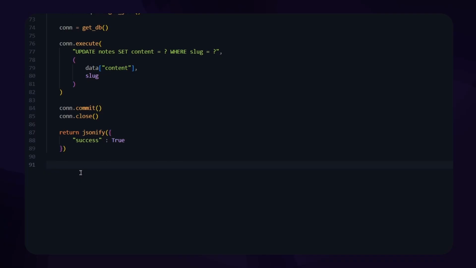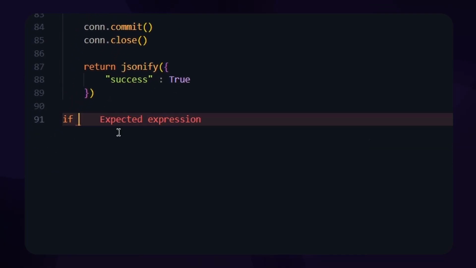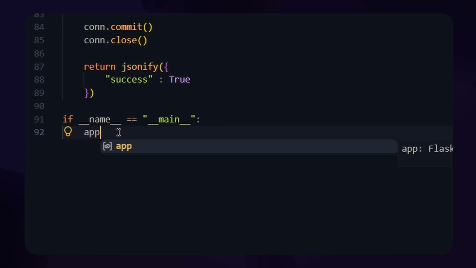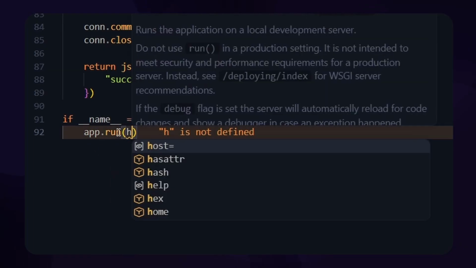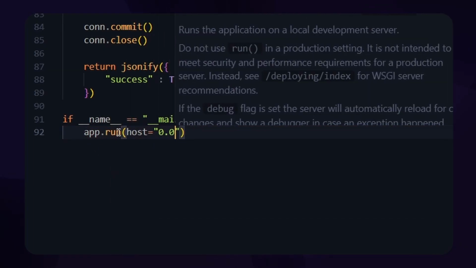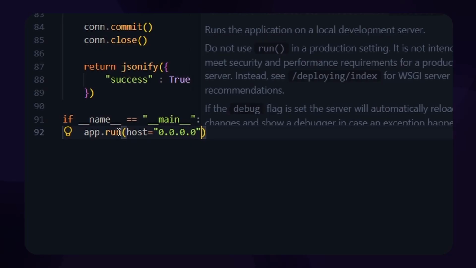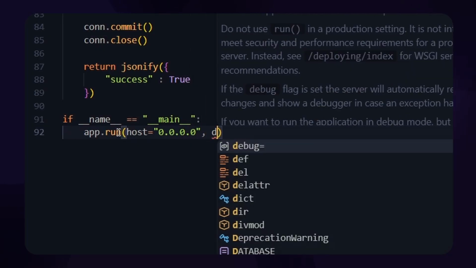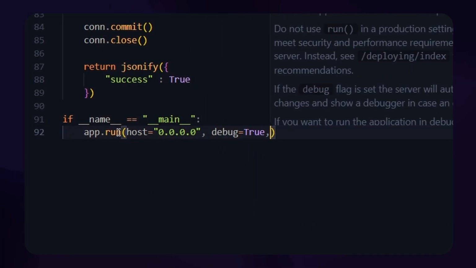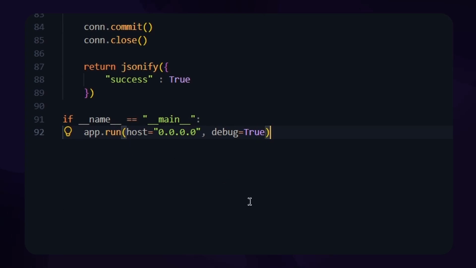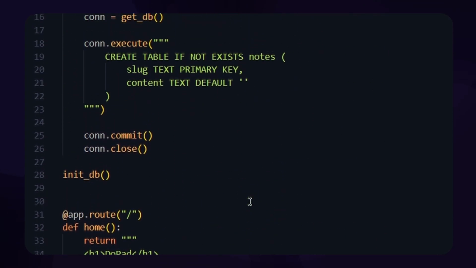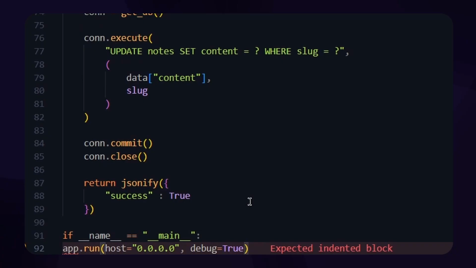Now we just need to run the app, so let me quickly run it. I'm going to do if name equals main, so it only runs when I'm running the file directly and not if I'm importing it anywhere. I can just do app.run. We can put in host, so it's available on the local network as well, and then I can pass in debug equals true, so it's hot reload, and that should be it. Now we are done with our app.py file, so let's move on to